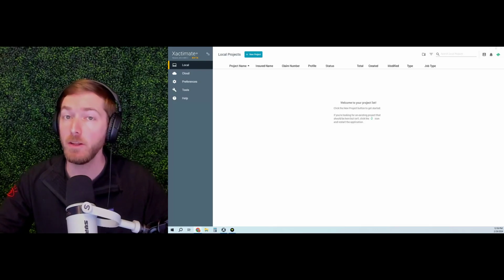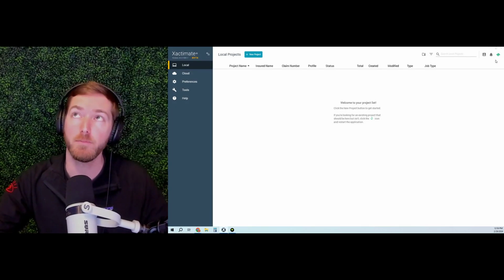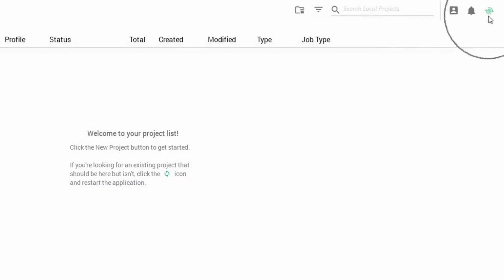What's up, insiders? Now that you have the actionable profile in X1, let's talk about the first steps of estimating with the actionable profile. First off, best practices, I will come up here to the top right corner and hit